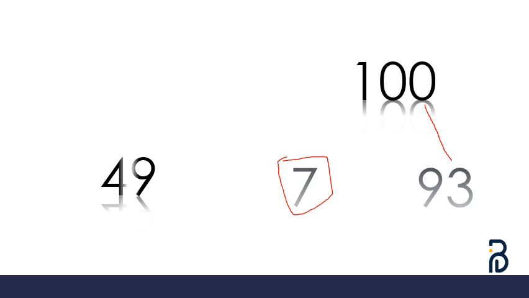Okay. Next step is to find the difference of number and the multiple of 50. What is difference between 93 and 100? It is 7. Next step is to find square of this difference. What is 7 square? It is 49. So last two digits of square of any number ending with 93 is going to be 49.